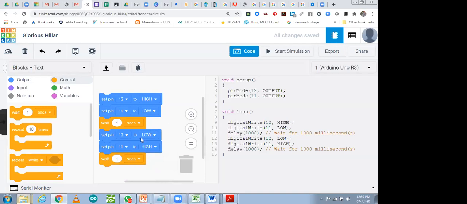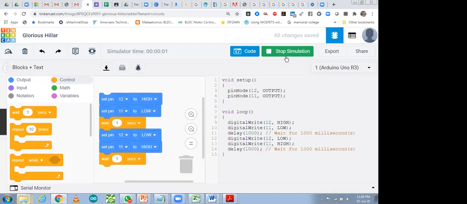So if you are going to connect multiple LEDs, that also you can do over here, and you can blink them with a different pattern. If you want to make a traffic light, that also you can make. If you want to make an ambulance light, that also you can make over here, and you can program it also in a very simple way. So let's start simulation. So I'm going to start simulation over here.